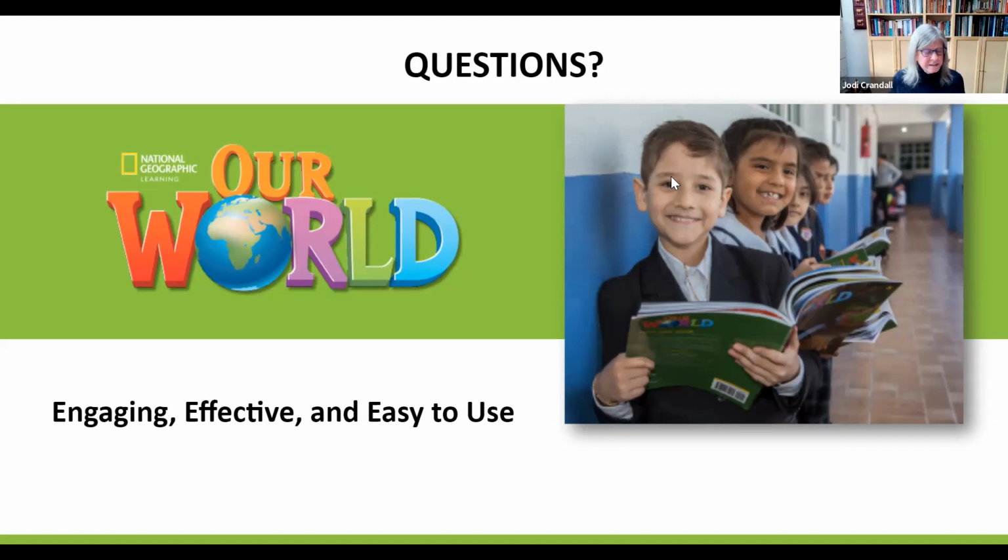And also one of the things that we do in Our World is we make sure we never ask students to write something that they haven't been able to see a model of, and not only to see what somebody else at their level has written, but also to go through and analyze it according to just one feature. It might be the use of "and" but "but," or it might be the ways in which to compare something, but also just to focus on one thing that is key to what they're going to write. I think we make writing so difficult, so much more than it actually is. And I think part of the reason that we as teachers don't use as much writing as we'd like is we're kind of worried about how good we are at writing ourselves.